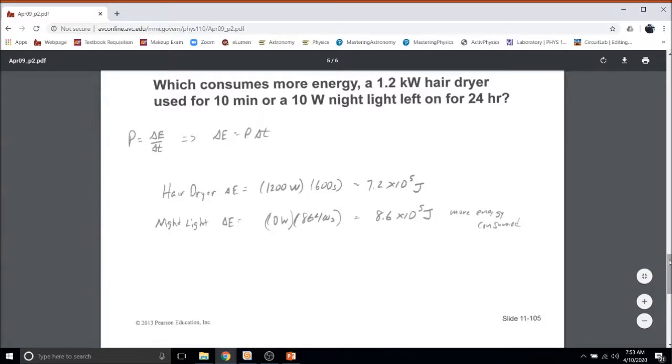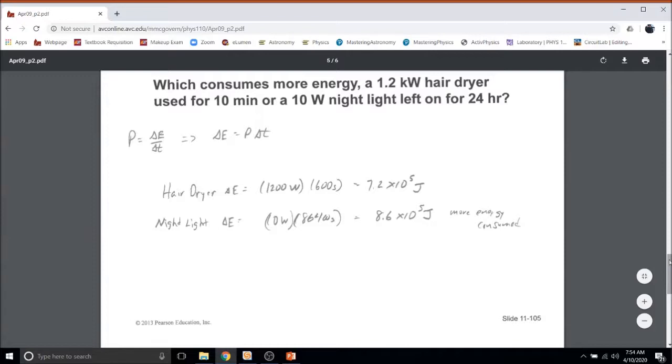The night light, being that it is 10 watts, is left on all day. So the day has 86,400 seconds. And so we multiply that, and we get a slightly larger amount of energy. What this is trying to illustrate here is that, over the course of the day, your night light is actually using more energy than the hair dryer, although I think this better demonstrates that the hair dryer is just kind of